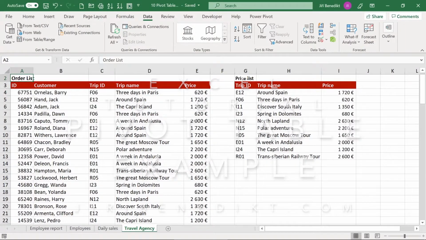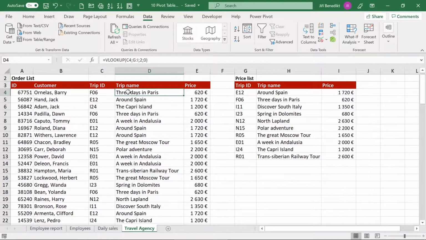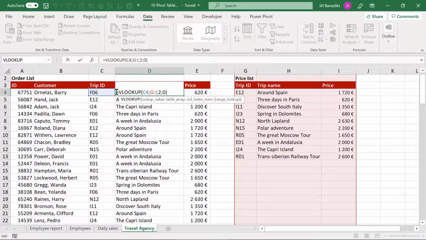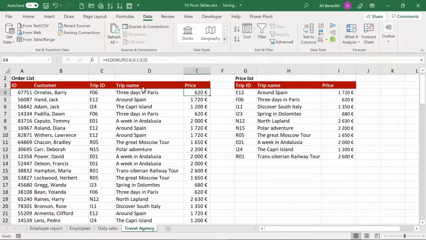In the following couple of minutes, I will build 3 sample pivot tables and then I will show you how to update the data. So let's move to the travel agency sheet here, and what we have here is the order list. That means every line is one customer order and there is a trip ID. I actually use the VLOOKUP function to find the trip name based on that ID. So there is a VLOOKUP function, very important function, and price